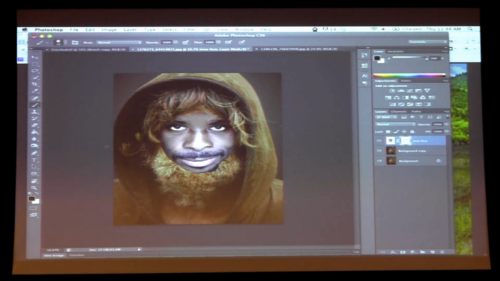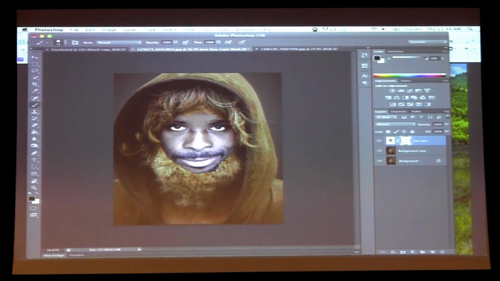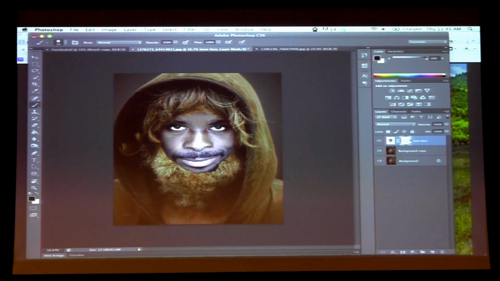This is my mask that I can paint on with either black or white to hide or reveal certain parts of that layer. So if I wanted to hide this section of his clothes that I accidentally selected here, I could go in, I have my mask created. Notice there's a difference between this button and this button. If I click here on the layer, I actually paint